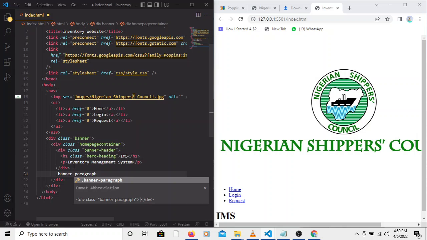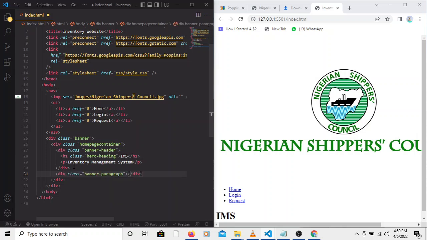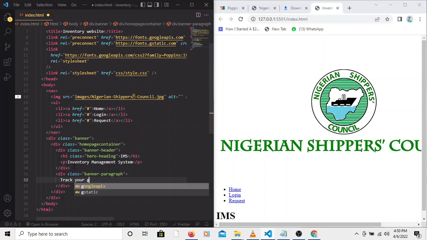So I'll press tab, create div automatically. So right now I will change this particular div and put some content here. So let me put track your goods through